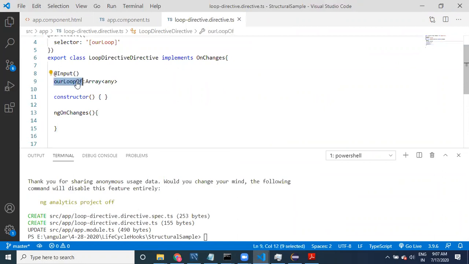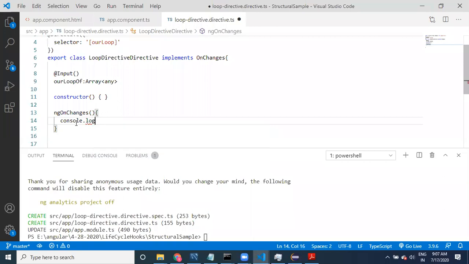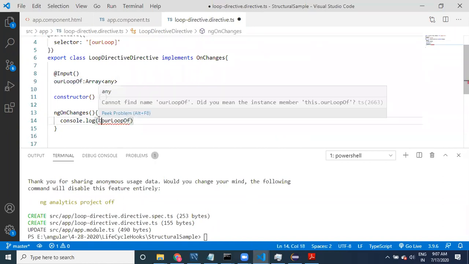Once after this one, I'm going to print only console.log. I'm not printing anything. I'm not creating any view also. Just print this particular value, this dot.